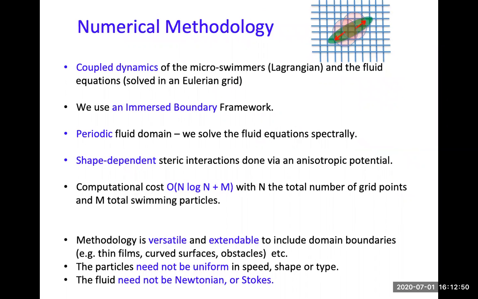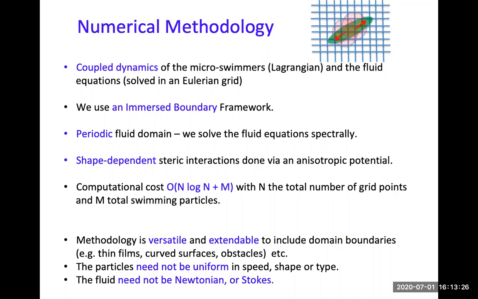Then it comes to the implementation. I mean, many people have done various work in this. So we are coupling the dynamics of each swimmer, right? So it's a Lagrangian structure, and the fluid, which is typically solved in Eulerian grid, right? A lot of people use singularity methods, so I'll talk about the immersed boundary method. It's a way to go back and forth from a structure, like Lagrangian structure, to an Eulerian grid, an underlying grid, which is used to solve the fluid flow. I prefer this, it's pretty efficient, and you can solve the fluid flow in a periodic domain.